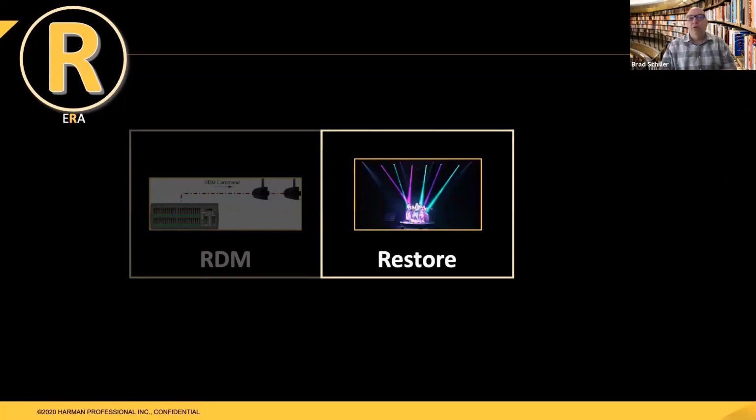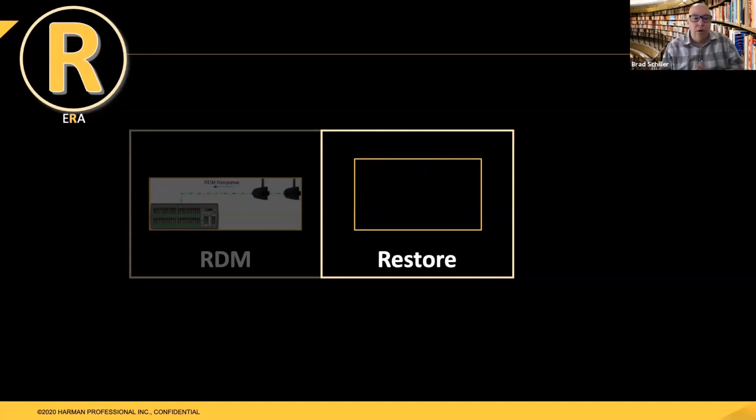Restore is a type of queue. A restore queue is something that you can use to resume or return to any previous state, setting, or function. So for example here, you might have a blackout queue that you fade out at the end of the song or blackout, and then the designer might say restore back to Q7. So that means go back to the state of Q7, give me the look of Q7. So you're going to do a restore queue. You're going to restore back to what you had before the blackout. That's a restore queue.